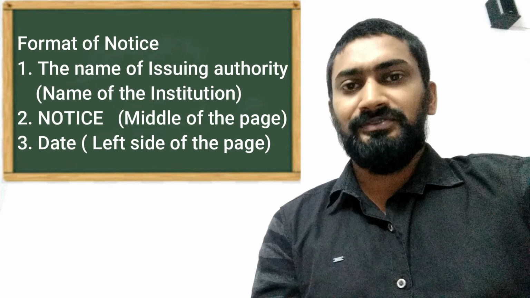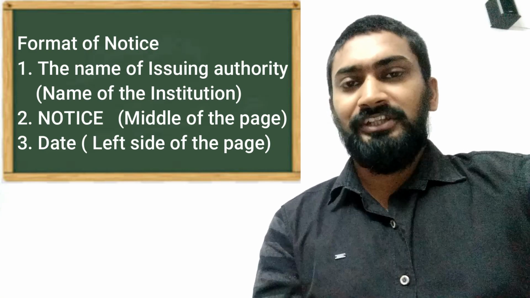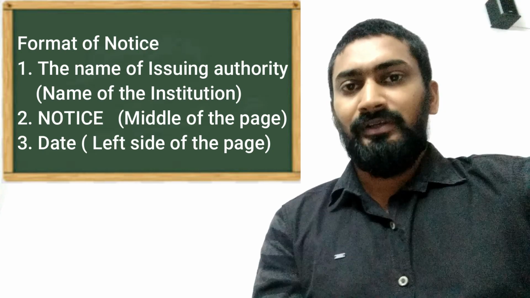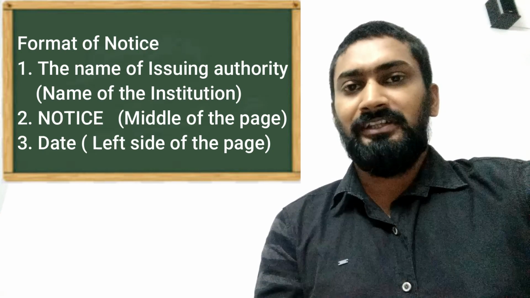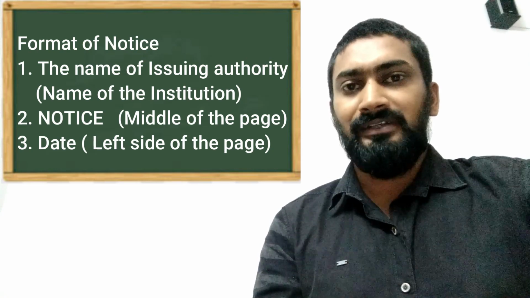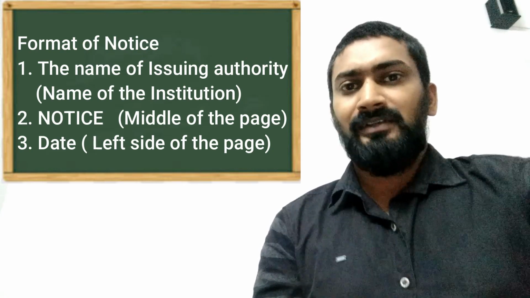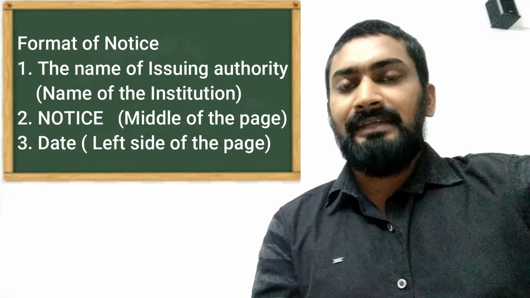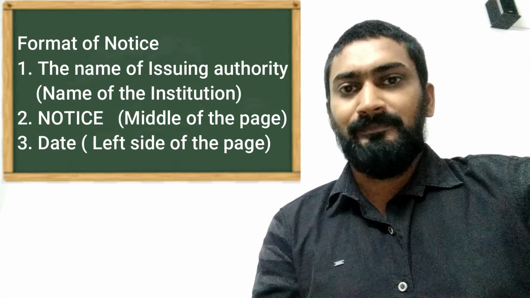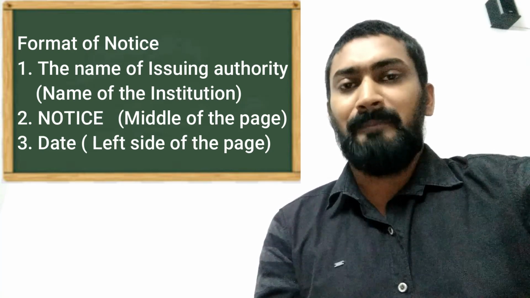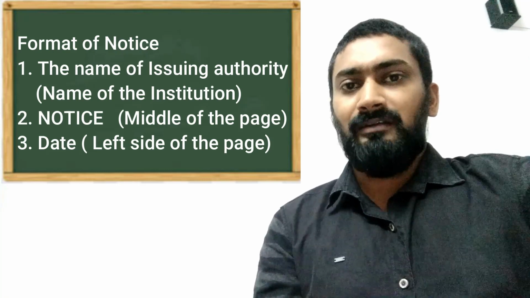So you must have seen in your school, there will be a notice board, and from time to time the school will be publishing some notice, some information on the notice board. So the first line will be the name of the issuing authority. That means the school's name will be there. So the first step is to write the issuing authority's name. In the question the issuing authority will be mentioned, that should be written clearly